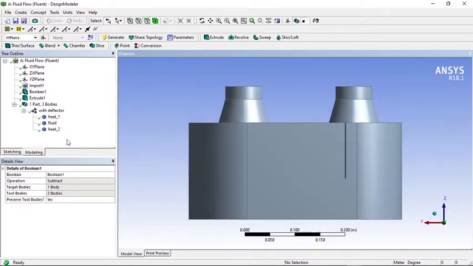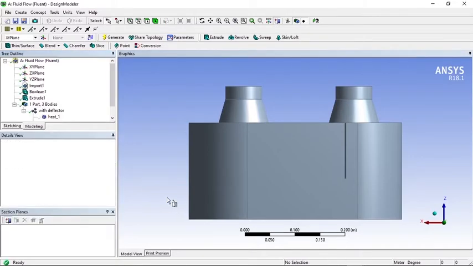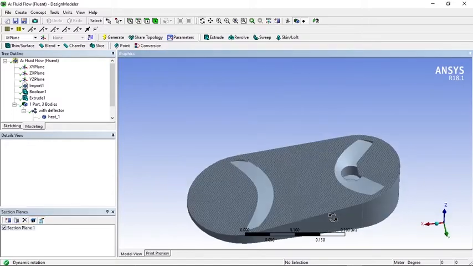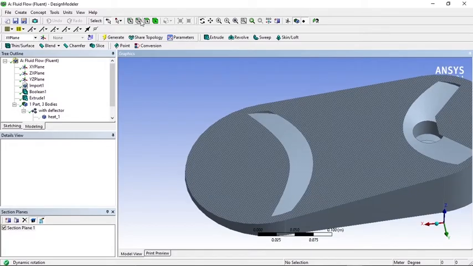For example, let me say that you are not able to view that cavity inside it. So let us hide the primary and secondary. Let us get a cut plane, and here you can observe that there is a cavity inside it.